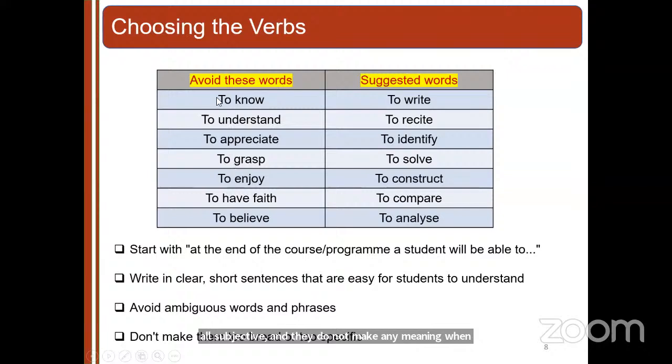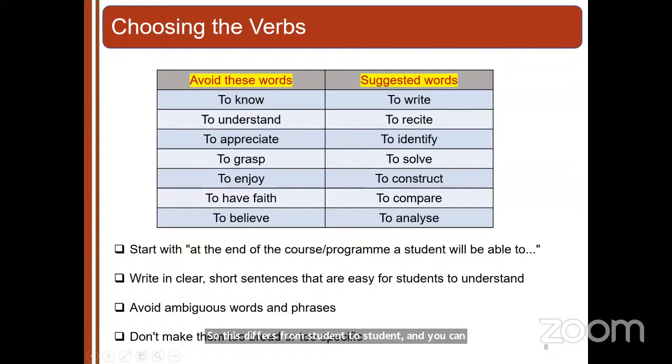So tomorrow we are going to talk about attainment. When you talk about attainment, you first have to assess and evaluate. So even without knowing how to evaluate and assess, this term understand, which is a subjective term, there is no reason to put it in the COs. I would like to emphasize this, because in many of these syllabus copies I have seen, they write to understand. This differs from student to student, and you can never measure